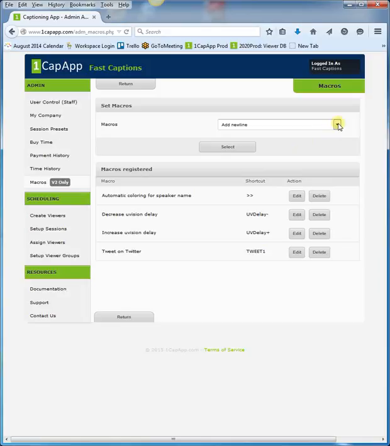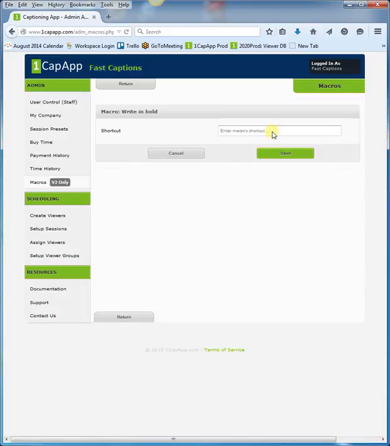So today I'm going to show you how to do the bold macro, just because it's easy to set up and easy to demonstrate. Just to give you a feel for what you need to be doing for your macro setup. So I'm going to select write in bold, and I'm going to make my text 3Bs.